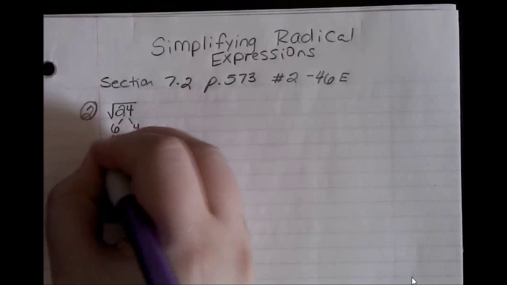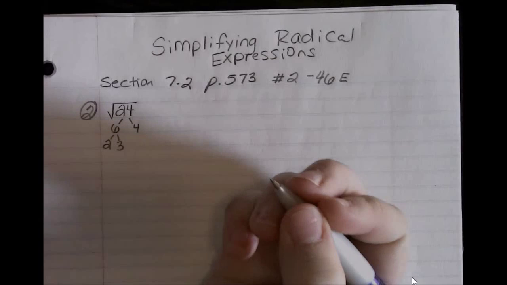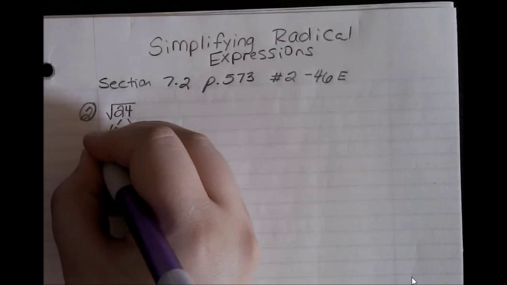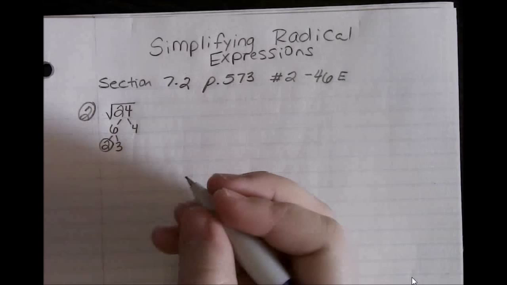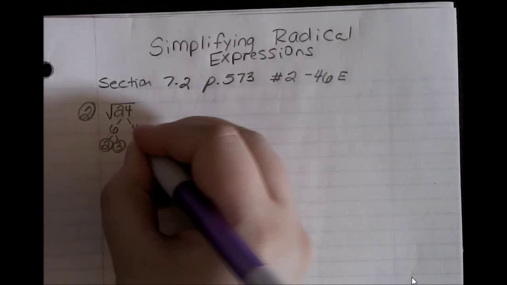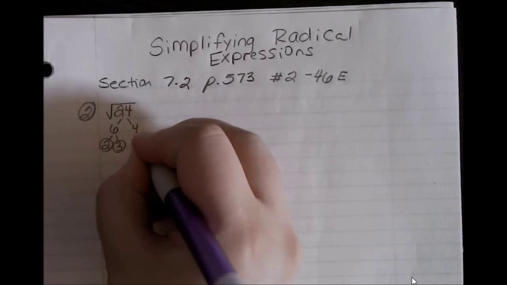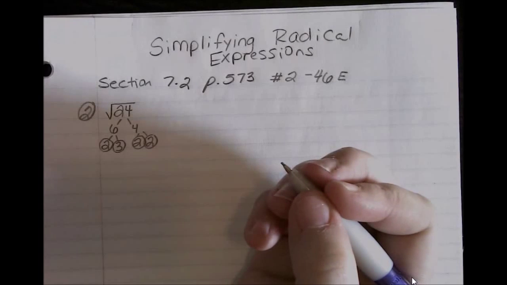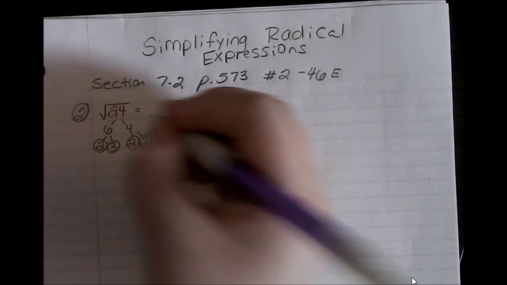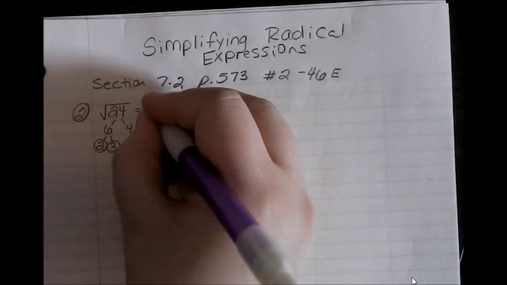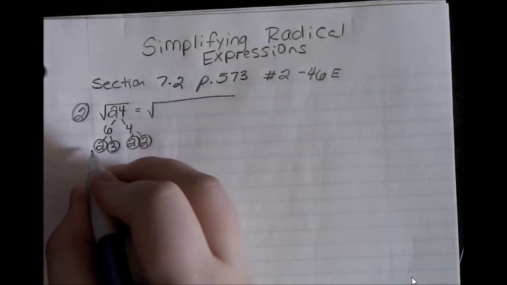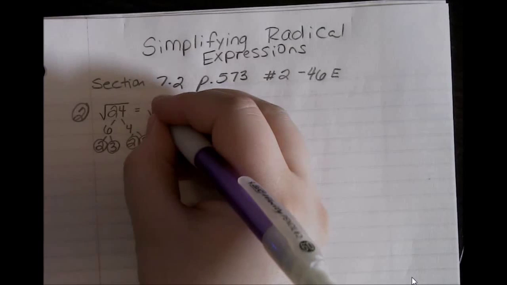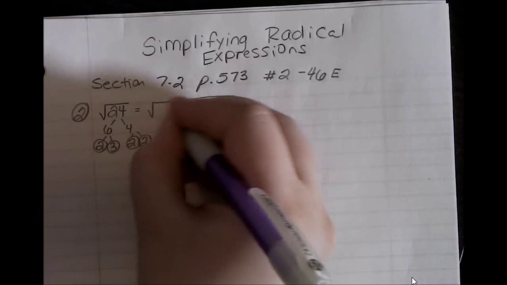Then I'm going to break the 6 down to be a 2 and a 3 because 2 times 3 gives me 6. Every time I have a number that is prime, meaning it only has factors of 1 and itself, I'm going to circle it. The 4 will break down to be a 2 times 2. Those are prime numbers, so I'm going to circle them as well. Now, I'm going to replace my 24 with my prime circled numbers. Again, once you have nothing but prime numbers at the end of your tree, and they're all circled, you are finished. So now we are going to want to put these 4 numbers under the radical to replace the 24,